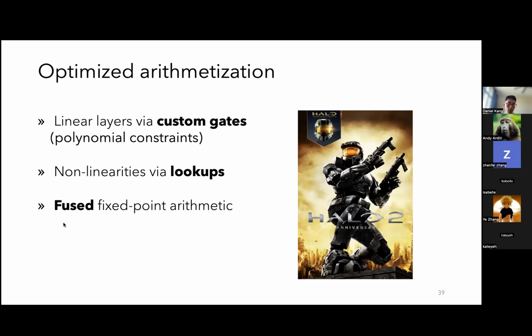Oh, right. So what you do is that there's a possible range of inputs, and then you just have a table which describes all the possible inputs, and then it maps the outputs. And then all you have to do is show that this tuple of input and output of this activation in the forward pass is in this table. So you could enumerate all the possible inputs to all of your nonlinearities.